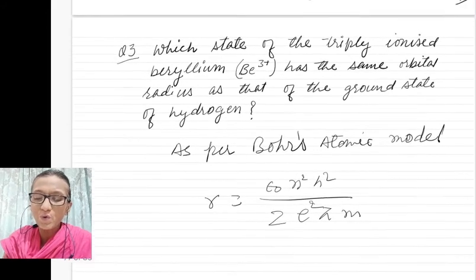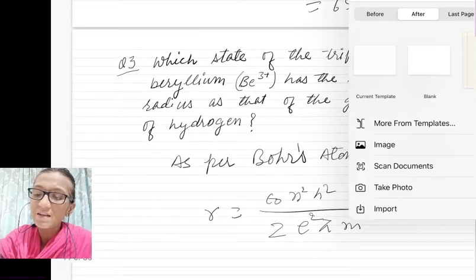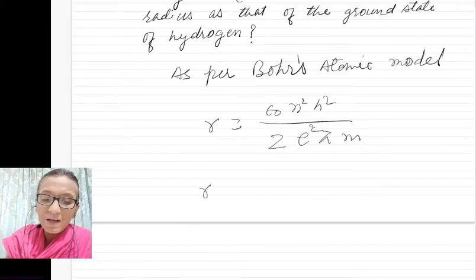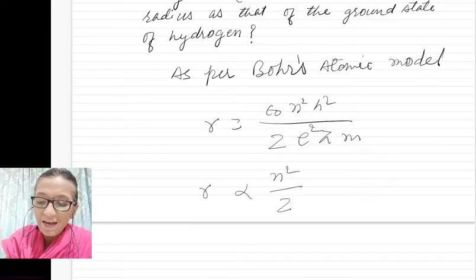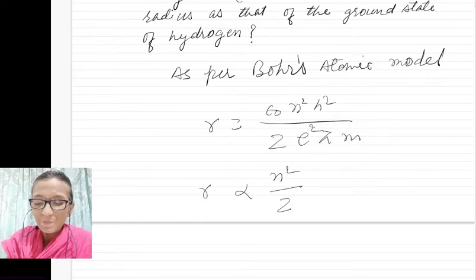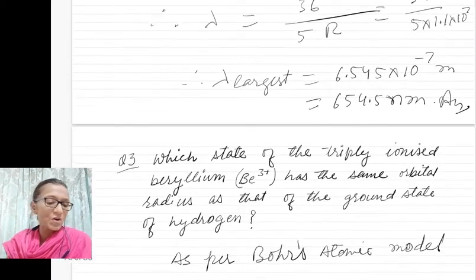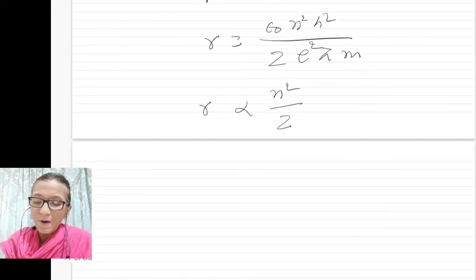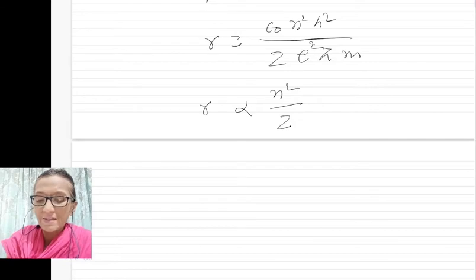So you have two different things that may vary. So r can be written as proportional to n square by Z. So comparing the r, because in the question the two have the same orbital radius,